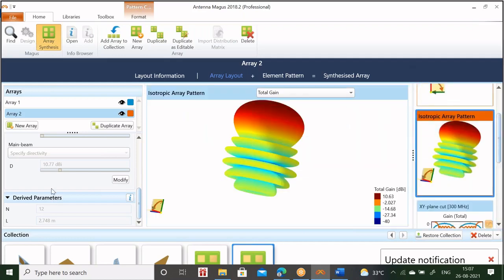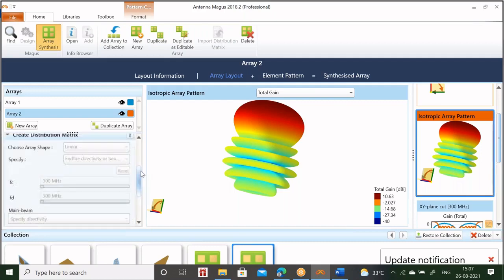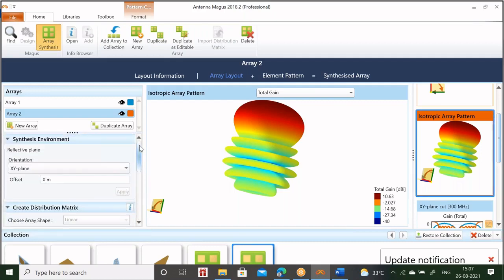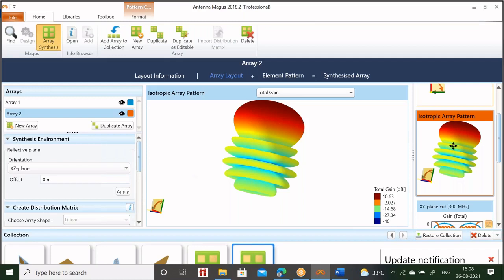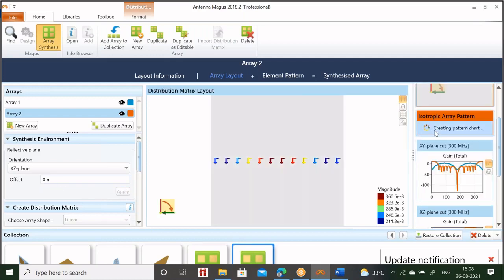Suppose this is in XY. If I change this to YZ, XZ. Sorry, I have not. Now I applied XZ. Now look at the 3D radiation pattern in XZ plane.